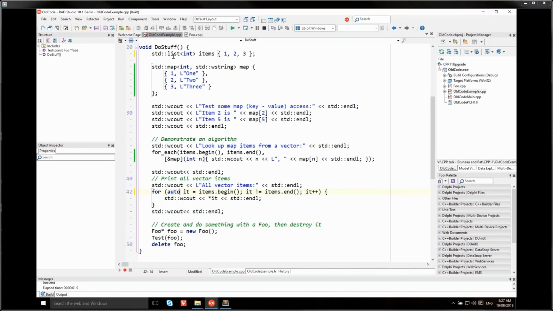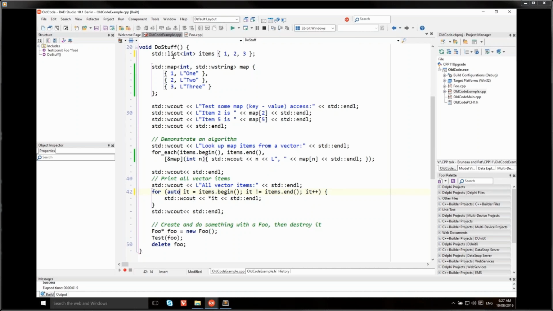I've never used a unit. What's the point of this? Are there any big advantages to grouping the H and CPP in this unit file? Well, the unit isn't one file, it's two. It's the CPP and the H, but the IDE recognizes that the two belong together. And so in C++, you often have the pairs of a CPP file and a header file. And so using a unit is just a really nice way to make the IDE aware of the connection between the